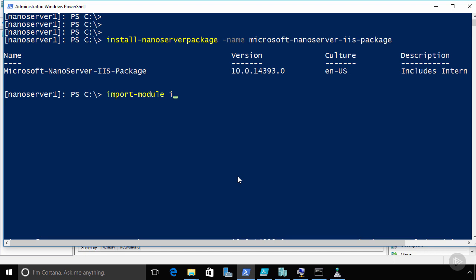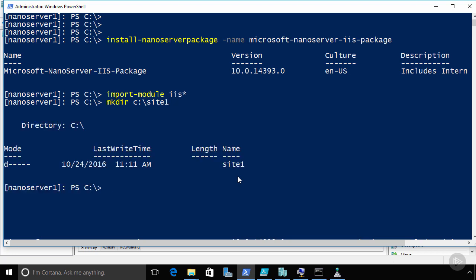Let's start the process by importing the module. So Import-Module IIS*, so we have all the IIS modules and commandlets available to us. And let's create a new directory here called site1, where we'll store the content and more or less the pointer for the site that we're creating. The command we're looking for here, let me copy and paste this command, is a commandlet called New-IISSite, which will create a site called site1 and bind it to port 80, and associate it with the physical path that we created,